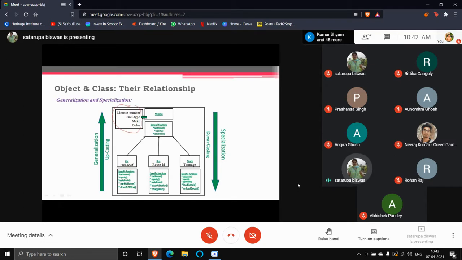All the cars, all the buses, all the trucks will have these values. But if one particular vehicle is a bus, it should have a route ID as well. So you are adding an extra special feature with this, and you are specifying a different class out of the vehicle class. Vehicle class is a general class. From there, we are going to derive another class which is a special type, and it has some extra features which are not present in any other such type of vehicle class.